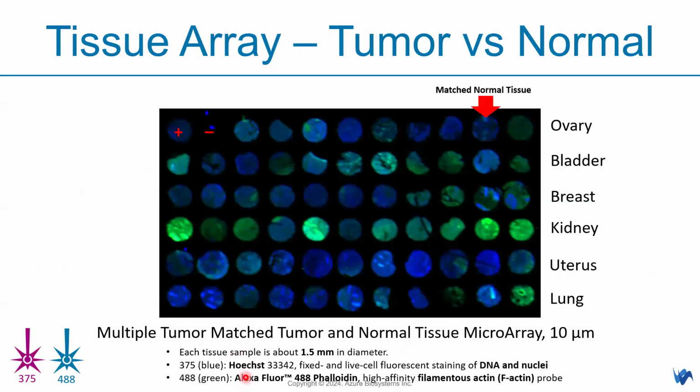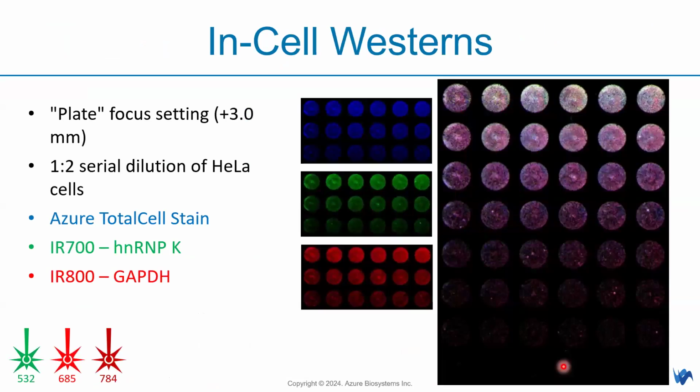We're looking at the 488 channel, the F-actin probe that is indicating the tumors, in the microarray, and also in-cell Western. By performing the in-cell Western, you can see this is a 3-plex in-cell Western. The plate focus setting is 3 mm. We have a 1 to 2 serial dilution of the cell line. Please bear in mind this is an example to showcase the in-cell Western data that you can capture on